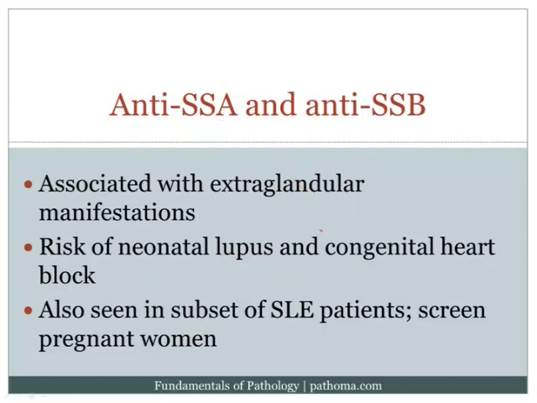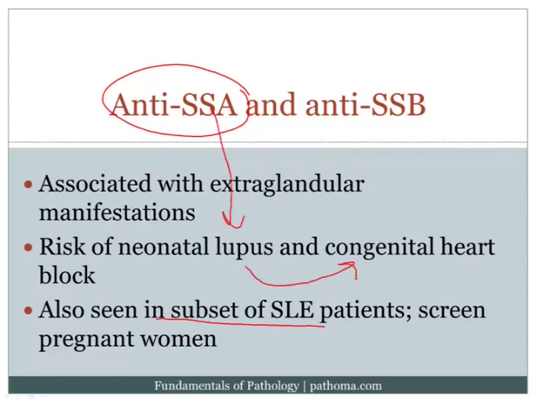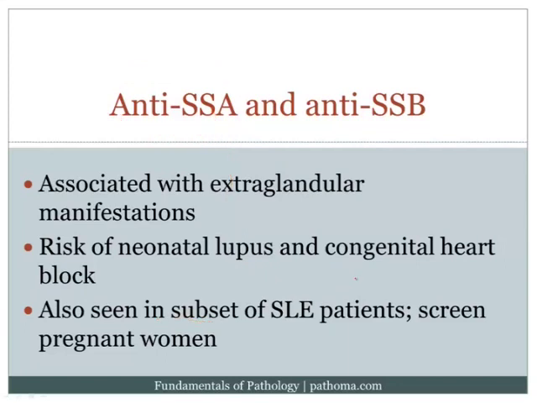Now interestingly, you can also see SSA and SSB in a subset of patients with lupus. So there is a fairly significant subset of patients with lupus that can also have SSA and SSB. And this is important because if they have SSA or SSB, they would again have the risk of neonatal lupus and would again have the risk of congenital heart block. So it's important when a patient has SLE and gets pregnant that we screen pregnant patients to make sure that they don't have anti-SSA or anti-SSB. And if they do, that we then watch for or recognize the risk for neonatal lupus